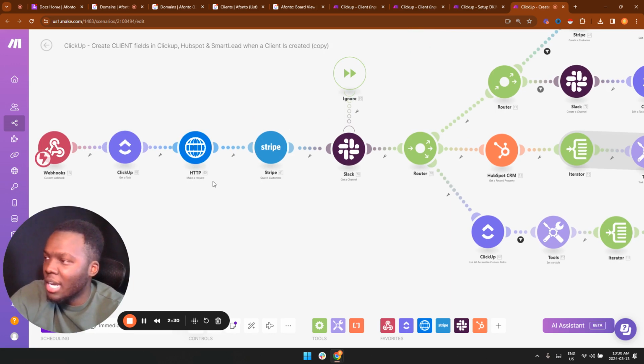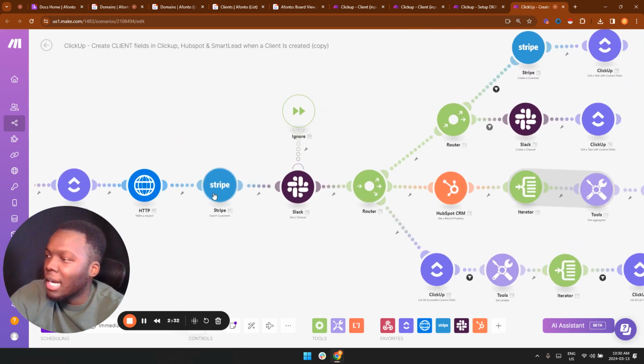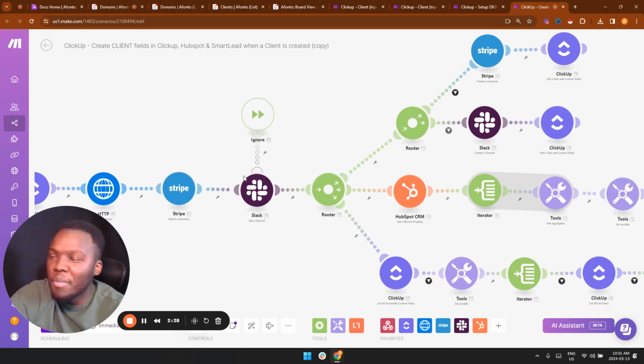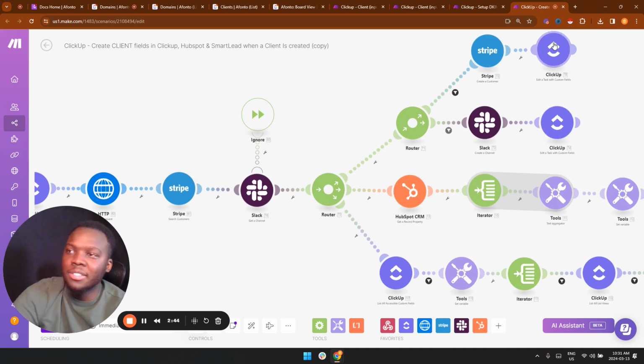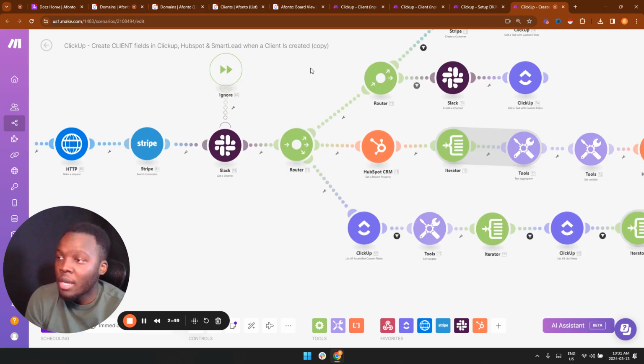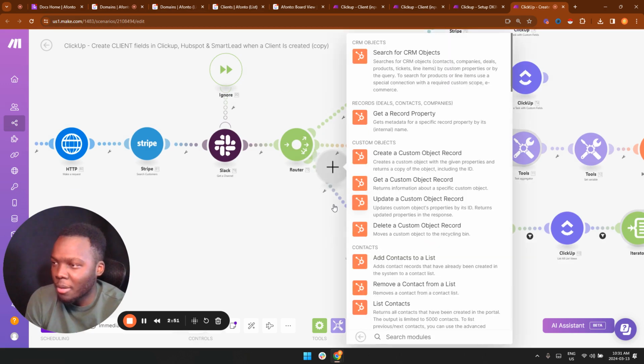If they don't exist, it adds them there, right? We check Stripe to see if there's anything. We check if there's a Slack channel already there. And if there's no Stripe or Slack, we just create those there. And then we edit the task, the client field within ClickUp. The next steps here are